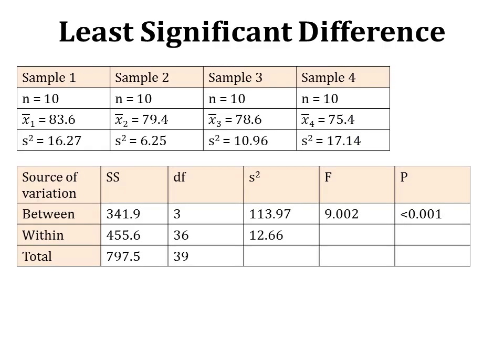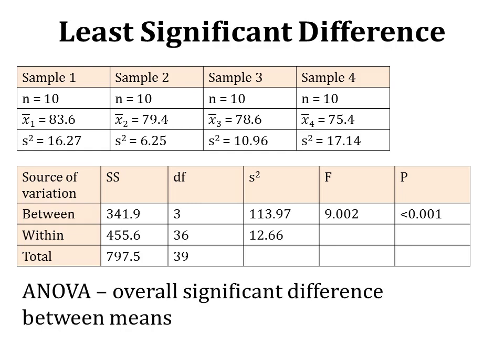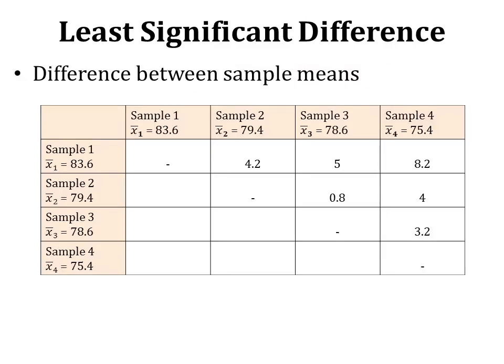And this is the descriptive statistics and the ANOVA summary, the ANOVA results. We can see that the mean values are different from each other, and the ANOVA is highly significant. So ANOVA has shown us that the mean values are highly significantly different from each other, but the question is which mean values are significantly different from each other. So for that purpose, we are performing the LSD test, and for that you have to find out differences